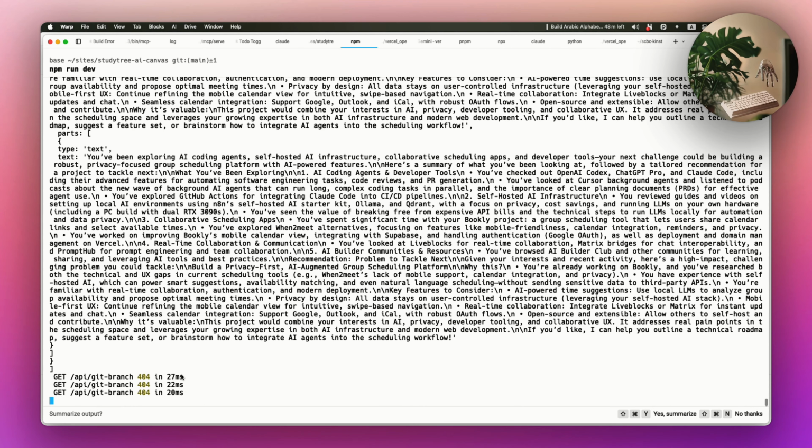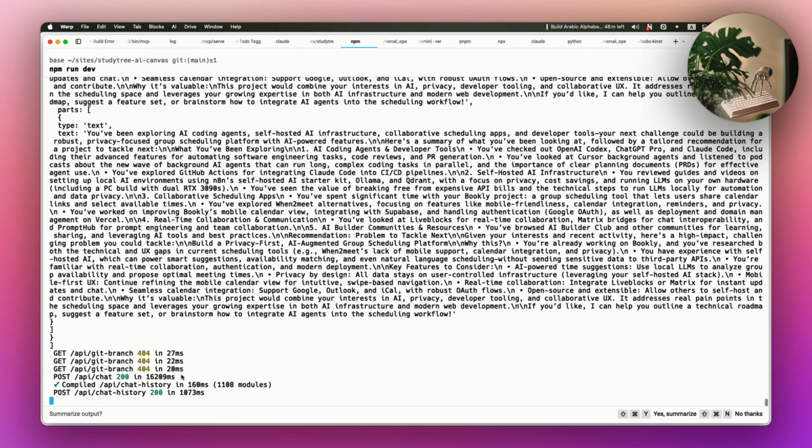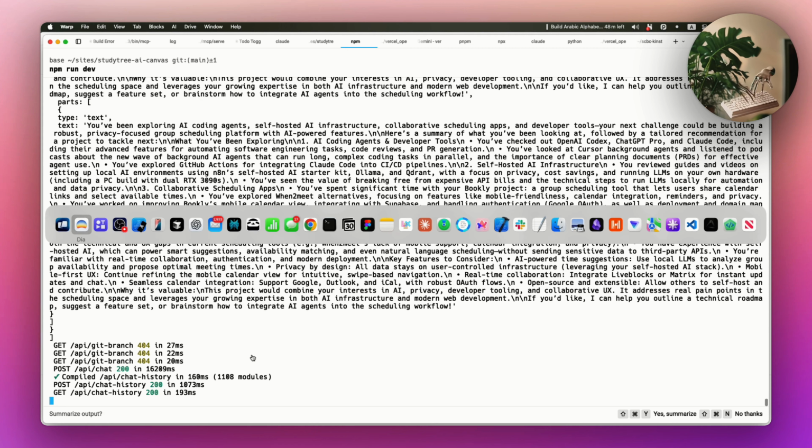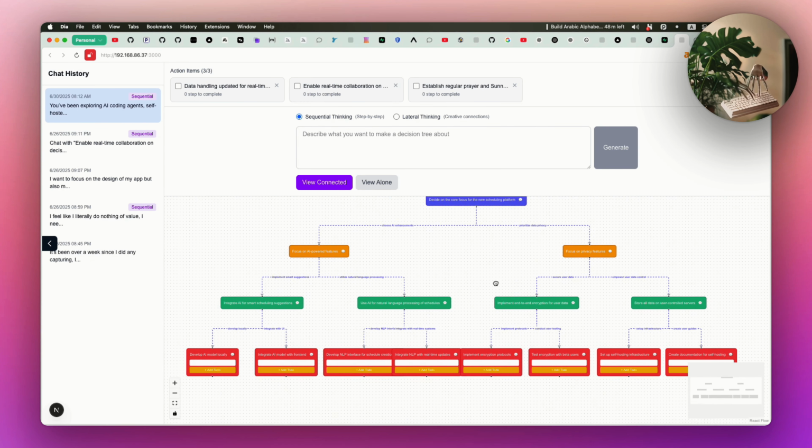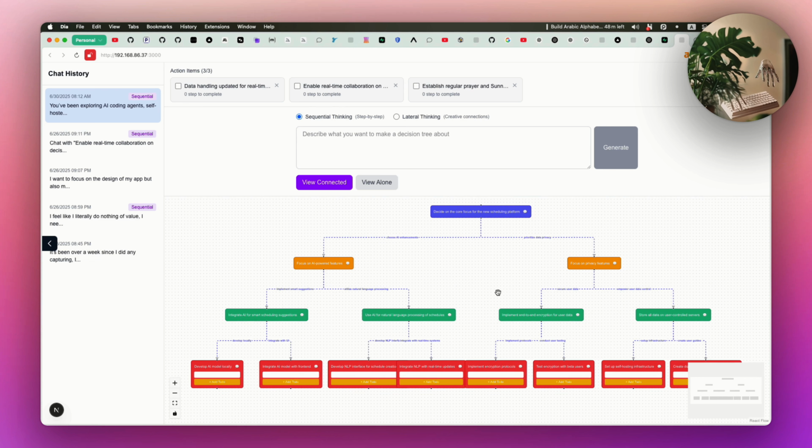We'll eventually get a 200 response, and then you can see that it generated this decision tree. This is using React Canvas, so yes, you can generate a mermaid chart and then you can go and do some thinking with that, but I want this to be more in depth and interactive for like a chat-based